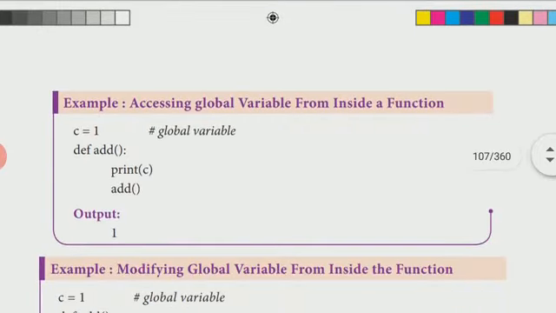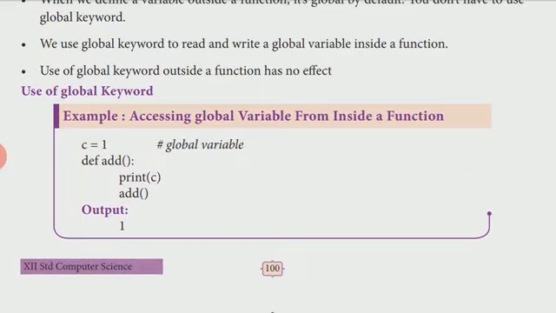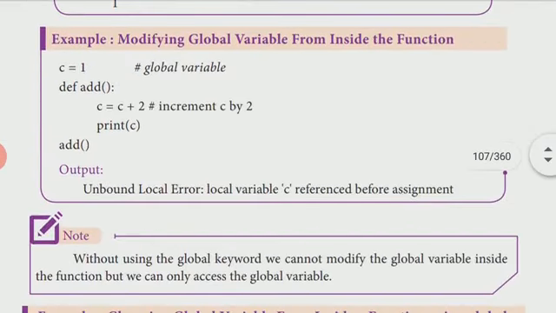Then the next example is also the same thing; both examples are the same. The next example is, see, C equal to 1, def add, C equal to C plus 2, print C. Then they called the add function.